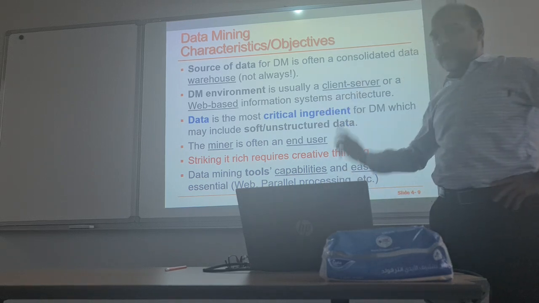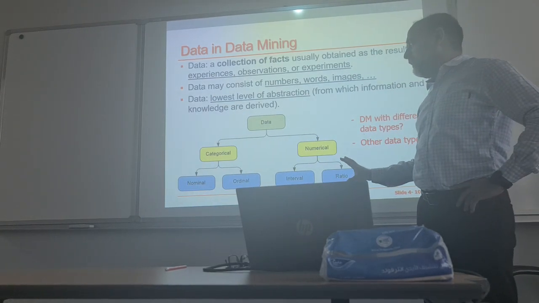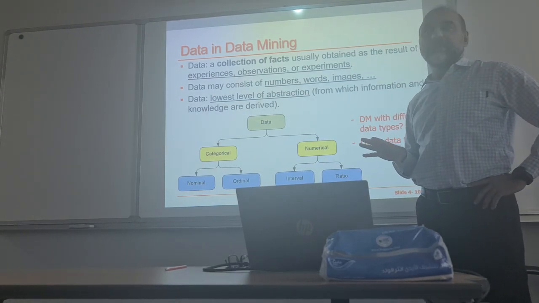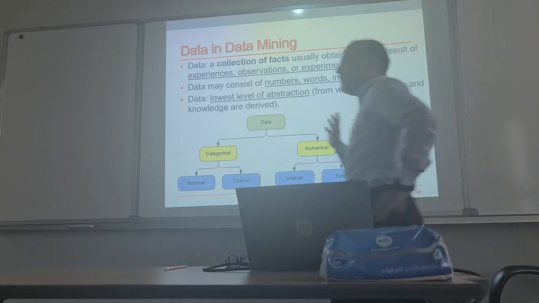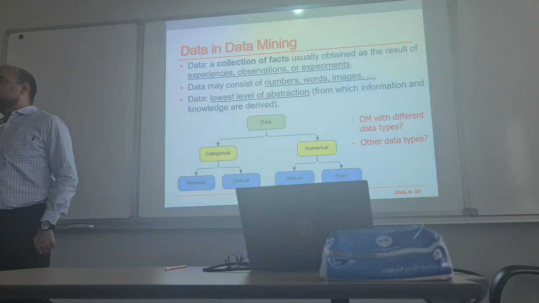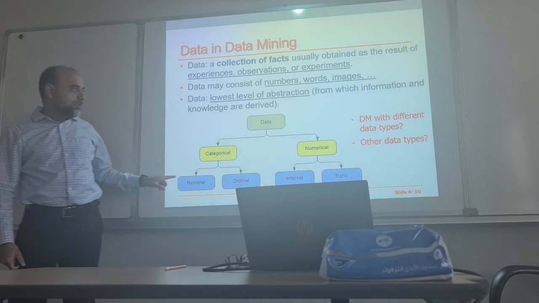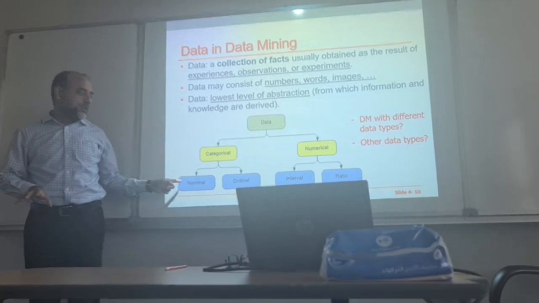Soft, unstructured, various forms of data are there. Some of the example that I will be discussing will be in this chapter. Some of them, the example that I'm going to share with you in Orange next class, actually belongs to another chapter. So what you see here is data can be of different shapes and types. It could be categorical data.